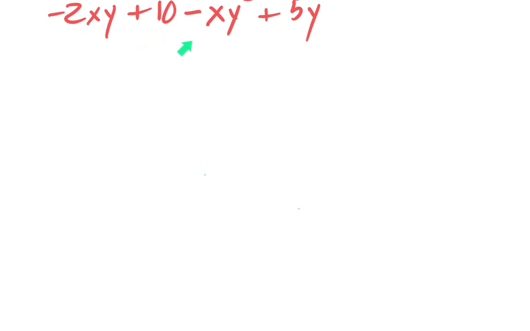Get to our blank paper. That'll make it easier. So we got negative 2xy plus 10 minus xy squared plus 5y. Okay, 4 terms. 1, 2, 3, and 4. So what we're going to do,